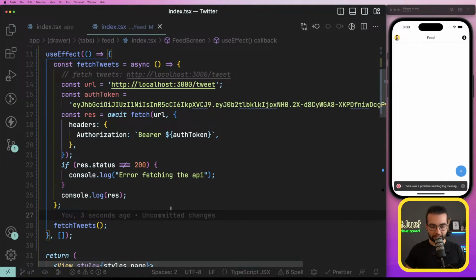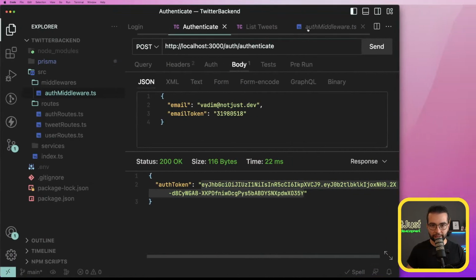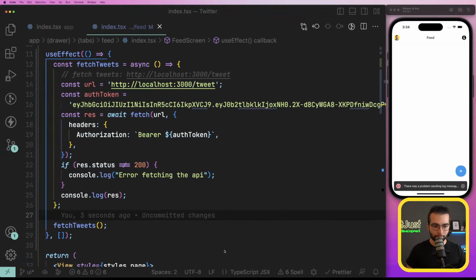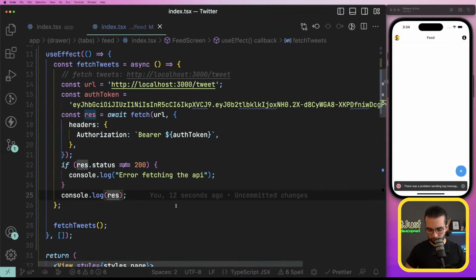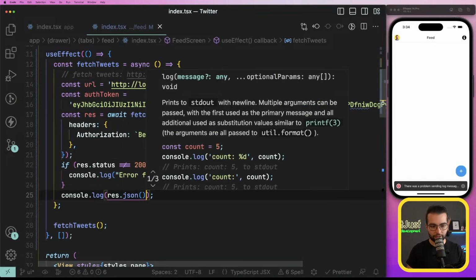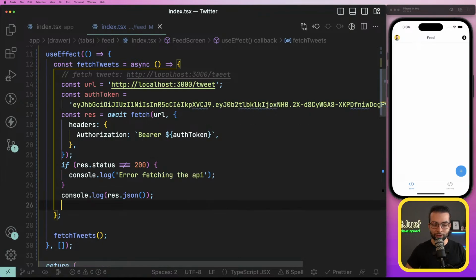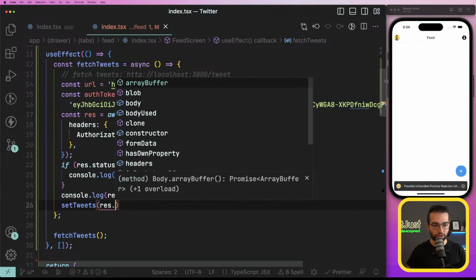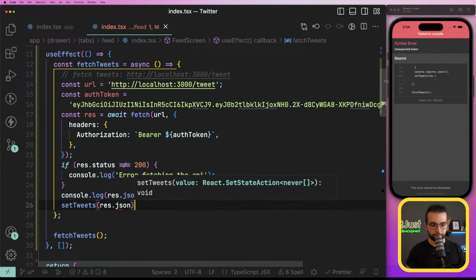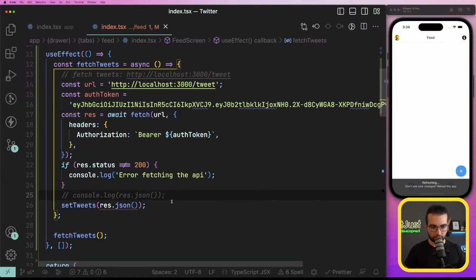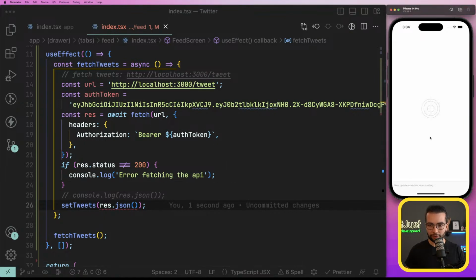But how do we get access to the actual data of these tweets? Well, we do that by accessing response.json, and this is where we're going to get our tweets. So what we can do is right away set in our state the tweets as response.json. We need to call this function. And if I refresh,